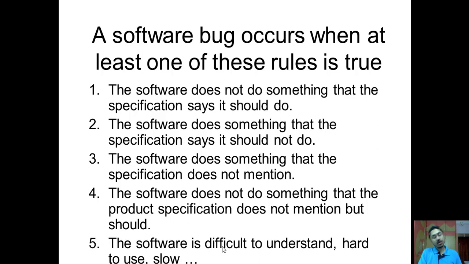And also, if this is a non-functional requirement, if your software is slow, ultimately nobody is going to use it, because nobody has that much patience. So if your software is slow, ultimately your customer will turn away and will use another software. So your software tester will call it a bug, though everything is fine. So these are the 5 rules. I hope you have understood this.